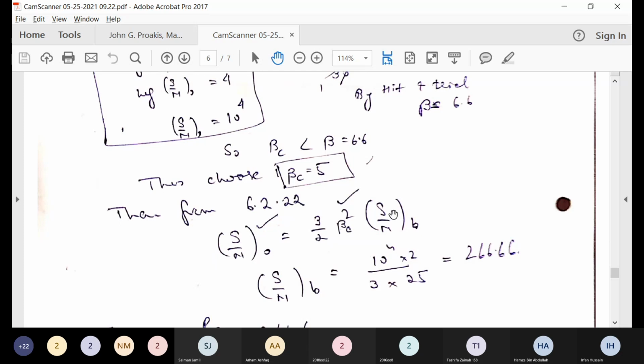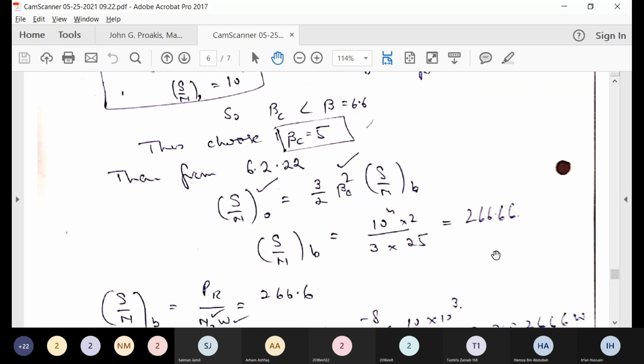I know this value, so I can find signal ratio at the baseband level. So at the baseband level, signal ratio comes out to be this value. At the output, we know it's 10 to the power 4. You can solve this. Signal ratio at the baseband level comes out to be this much value,